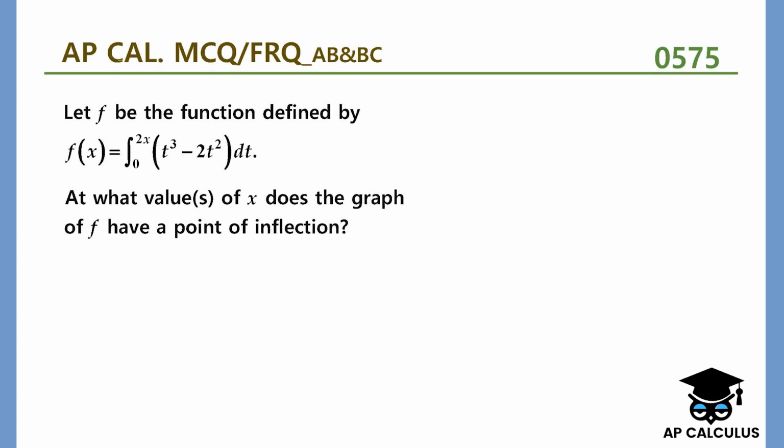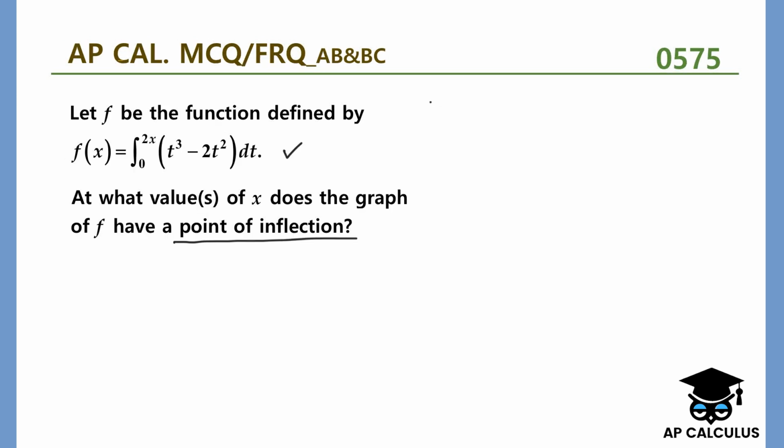We know that in order to find the point of inflection, basically we have to find the second derivative of the function f, right? So let's differentiate the function f right here. F prime is equal to, this is a definite integral, right? So we have to substitute 2x for t first and multiply by the derivative of 2x, chain rule, right? So let's do that. So (2x) cubed minus 2 times (2x) squared times the derivative of 2x, which is 2,